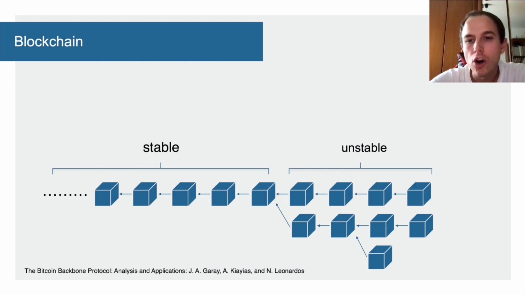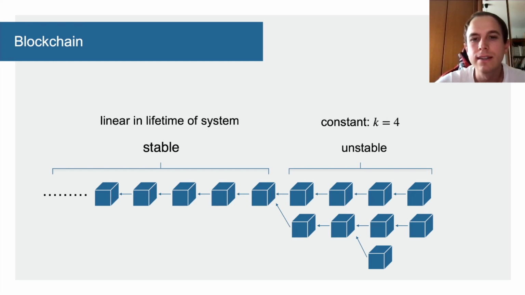And note that even honest nodes could have different blocks here in this unstable part, and also that this unstable part is actually constant, right? So in this drawing it's 4. In Bitcoin folklore, this is usually taken to be 6, so we wait 6 blocks in order to have something be confirmed,